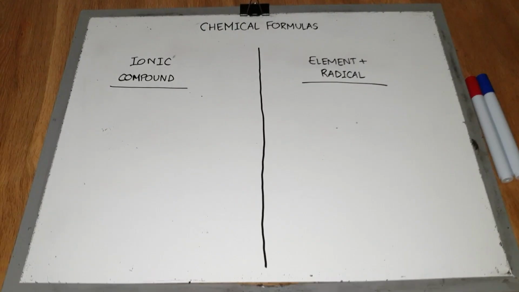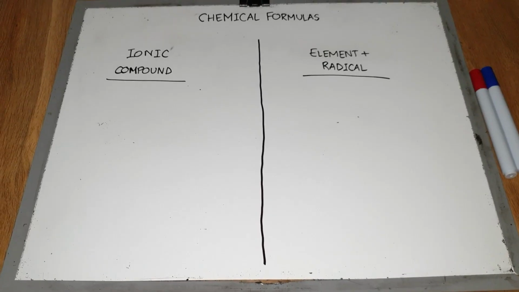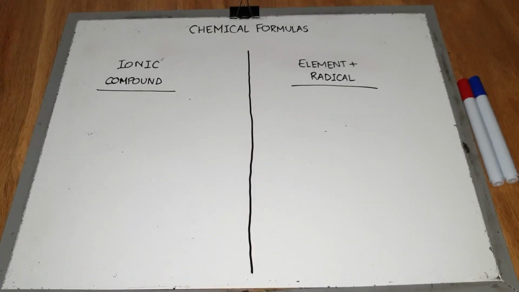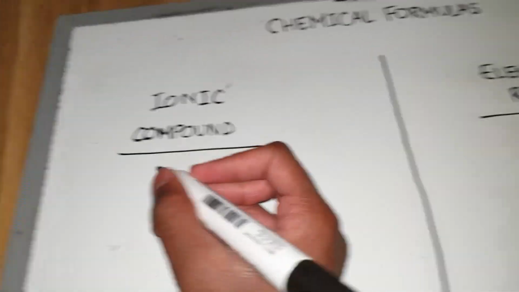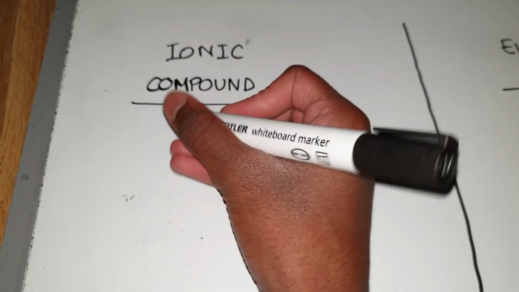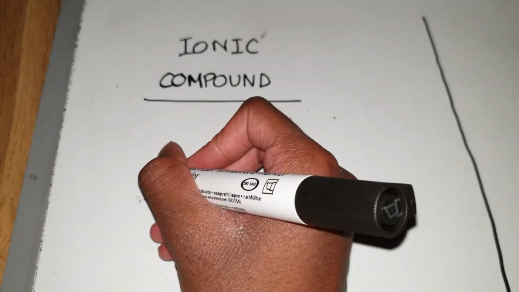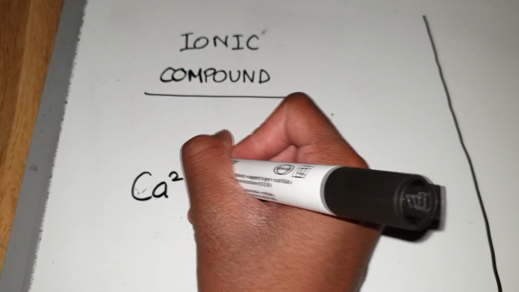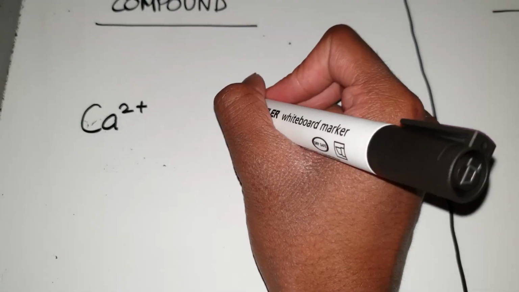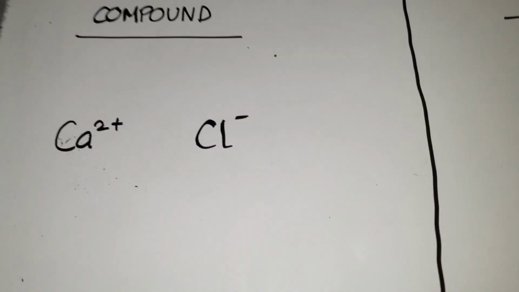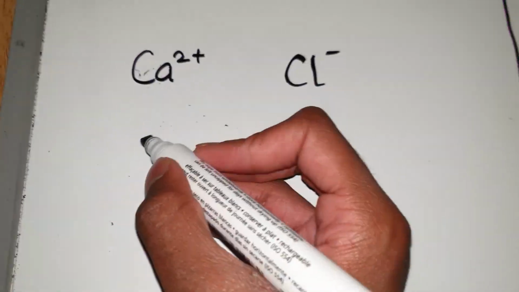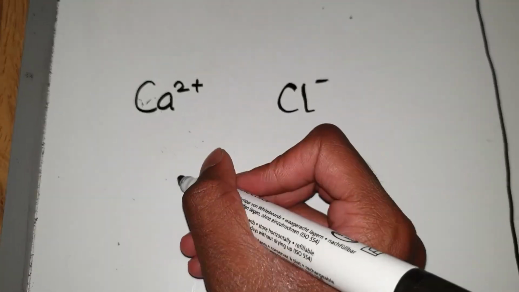Right, I'm going to be showing you an easier way of writing the chemical formulas of ionic compounds and compounds which have elements and radicals. So for ionic compounds, we take calcium and chlorine once again, and we know their valencies. So Ca2+, that's calcium's valency, and then Cl-, so 1-, that's the electrovalency of chlorine. So now basically what we do is we just write